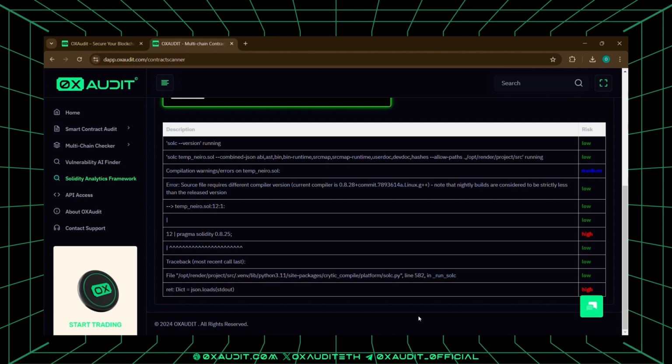This report highlights all vulnerabilities, offers solutions, and ensures your smart contract is secure. Additionally, you can use our Vulnerability AI Finder tool to explain in detail each line of code where vulnerabilities were